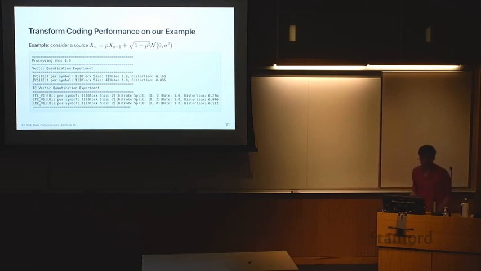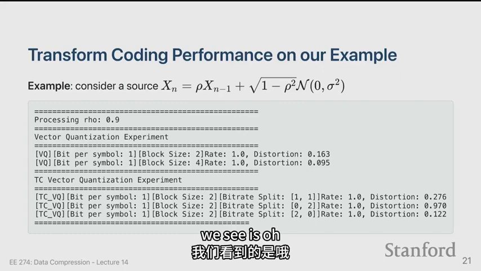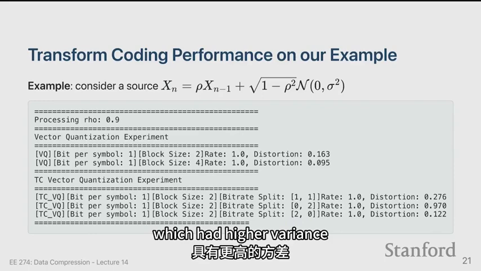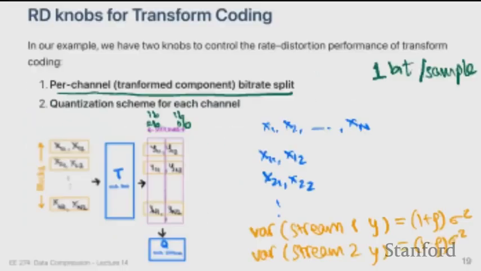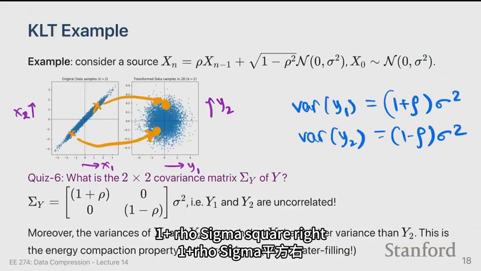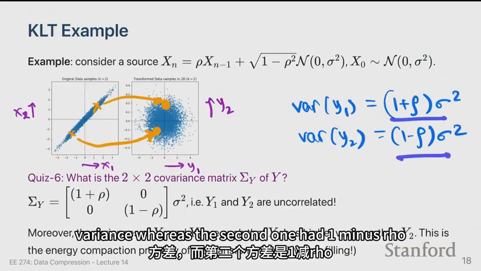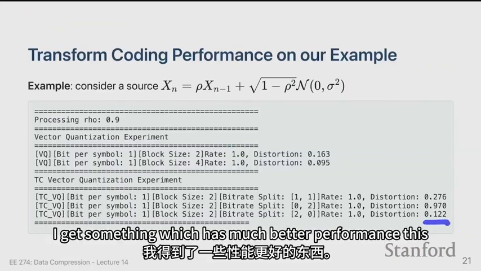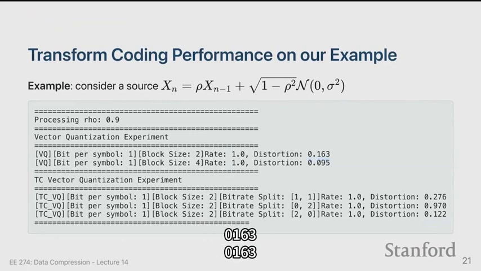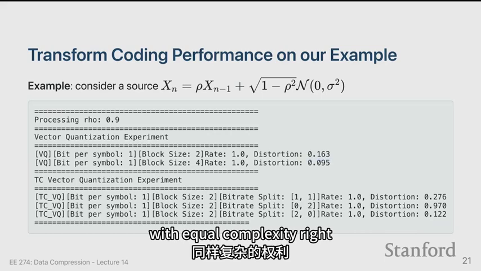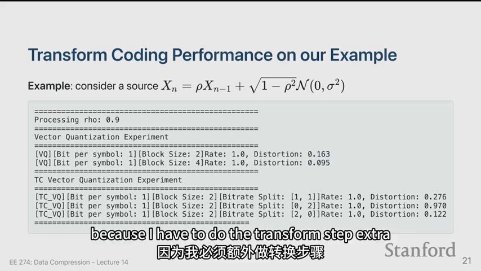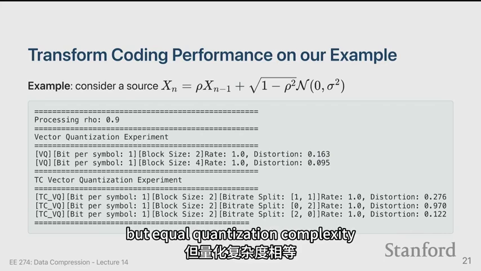So what we see is, if I give more bitrate to the first component, which had higher variance, remember, it had 1 plus rho sigma square, right? Variance, whereas the second one had 1 minus rho. In that case, I get something which has much better performance than this 0.163 with equal complexity, right? Obviously, not really equal because I have to do the transform step extra, but equal quantization